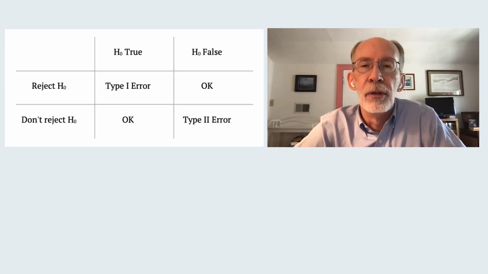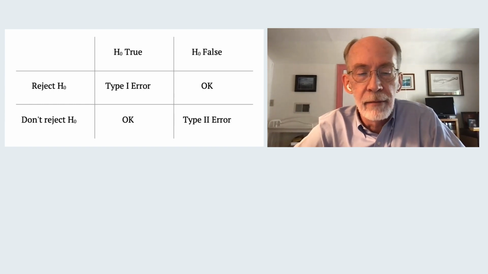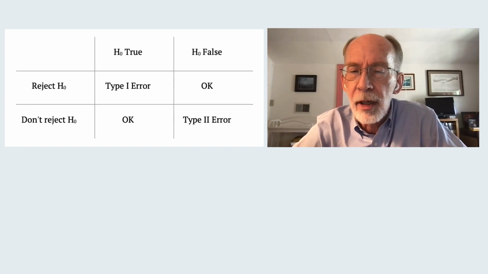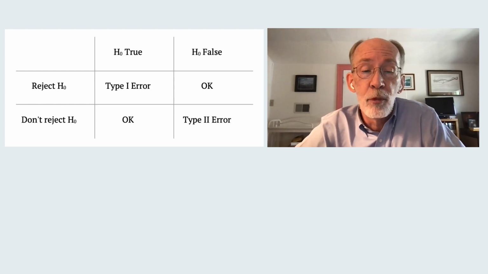If the null is true and you fail to reject it, everything's good. If the null is false and your test does cause you to reject it, everything's good. If the null is true, there's some small chance you might end up rejecting it anyway, right? There is some teeny tiny probability that in the Swain jury pool, we could have seen a result this extreme. It's so tiny, it's just unbelievable, but it's non-zero, right? So errors of that type are called type 1 errors. If a null is false and it's not rejected, that's called a type 2 error.